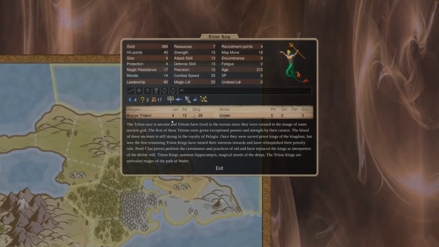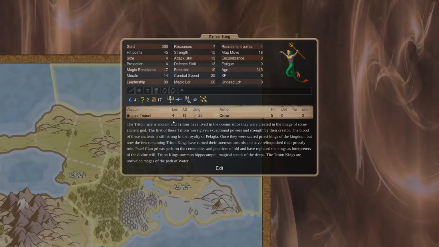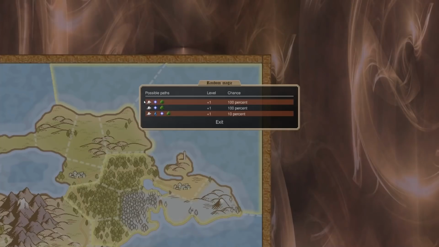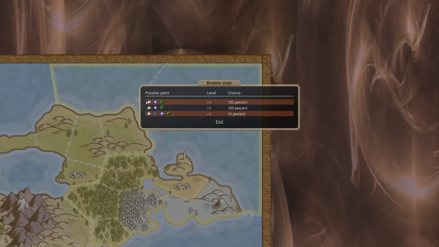The Triton King is still around. As I said, this has gone from being a Priest 3 unit to a non-priestly, merely sacred unit. It's still bloody expensive. 390 gold, but you get guaranteed water 4, and you get a very, very small chance at water 5. Your randoms give you a reasonable chance at air, nature,